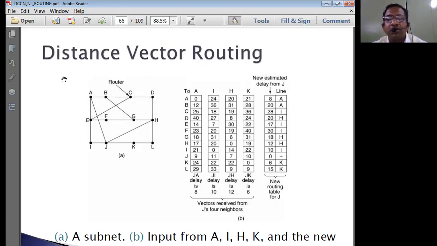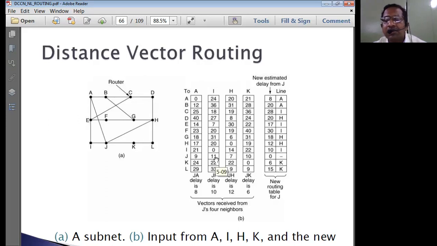That means even though router A is not really functioning, all the routers are maintaining the information of router A and sending the same information to many other routers in the network about the route to take by a packet via that particular router. So this is what is called count to infinity.